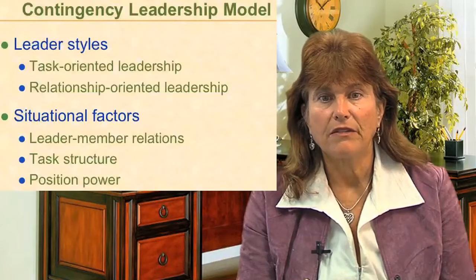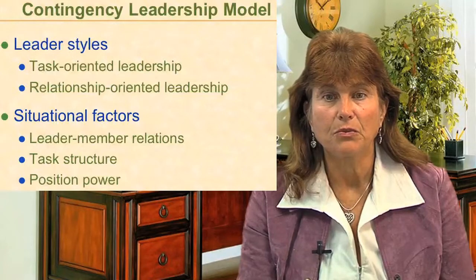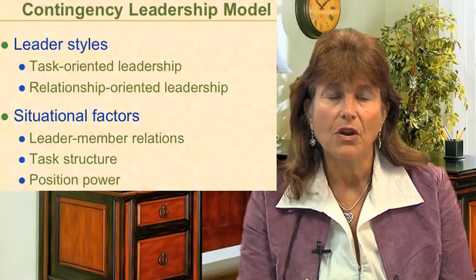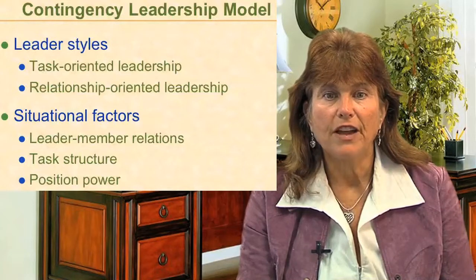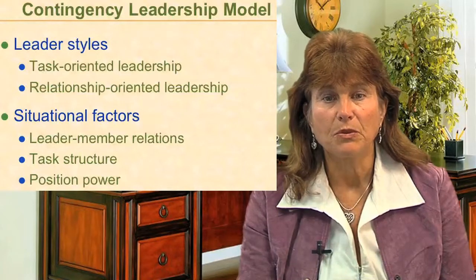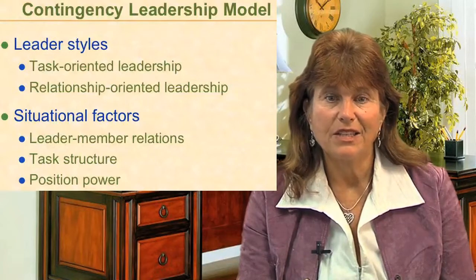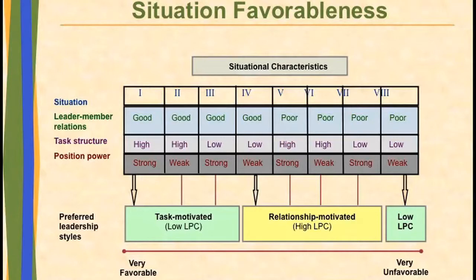Leadership styles tend to have task-oriented leadership or relationship-oriented leadership, which we were talking a few minutes ago about being job-centered or employee-centered. Some of the situational factors have to do with what are the relationships between the leader and the members of the group, what is the task, and what's the power of the person that's in the leadership position. You can look at this particular slide on situational favorableness that looks at a number of different situations in terms of what's going on between the leader and the members of the organization. Do they have good relationships or poor relationships? How structured is the task? How much power the leader has within the organization? And then you can take a look at, then you design basically leadership behavior.